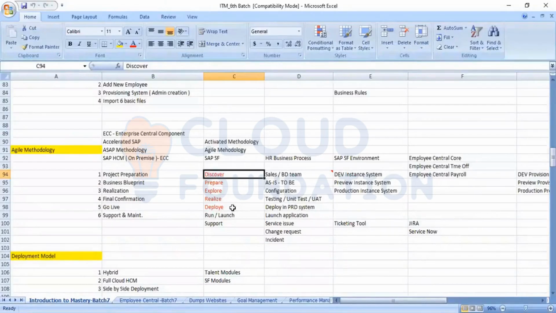All these discussions will be carried out in the discover phase, that is the initial phase. Then, once the team has been set, these are the resources required. You have a lead, that is the SDM, Service Delivery Manager. You have a transition manager who will lead the project initially, and then it will be handed over to the SDM. Everything will be done in the discover phase. Once the team has been set, module specific, and the leads are also in line, then comes the second phase, that is the prepare phase.